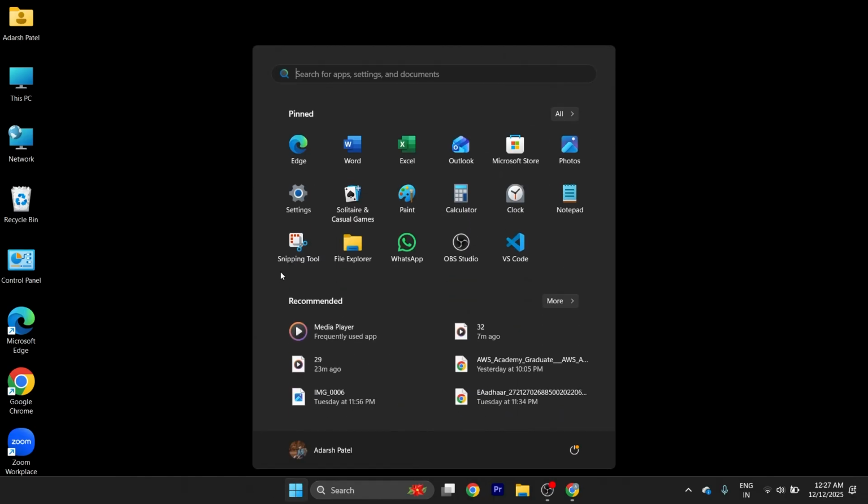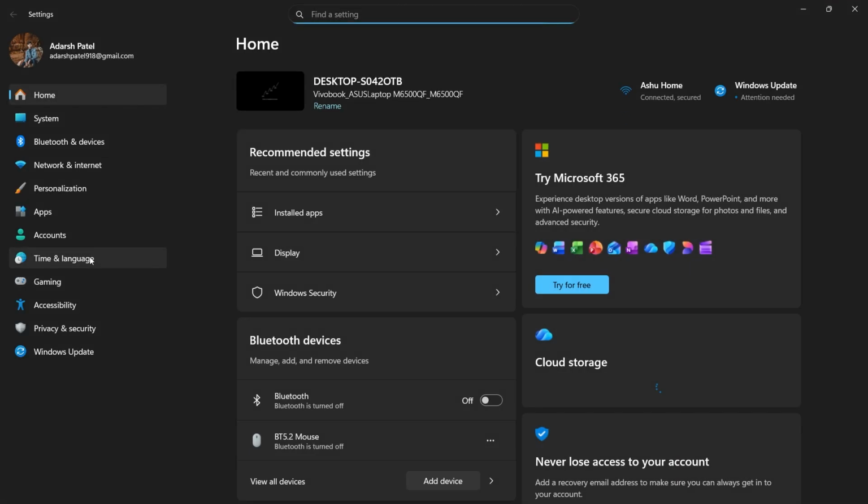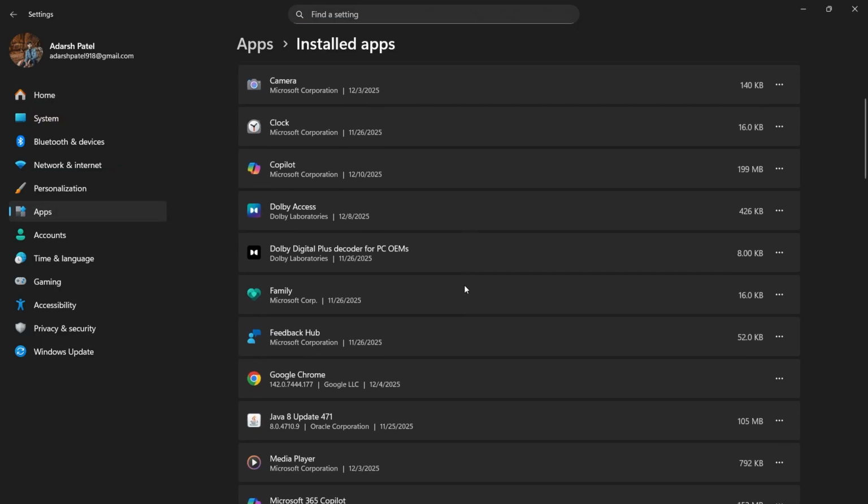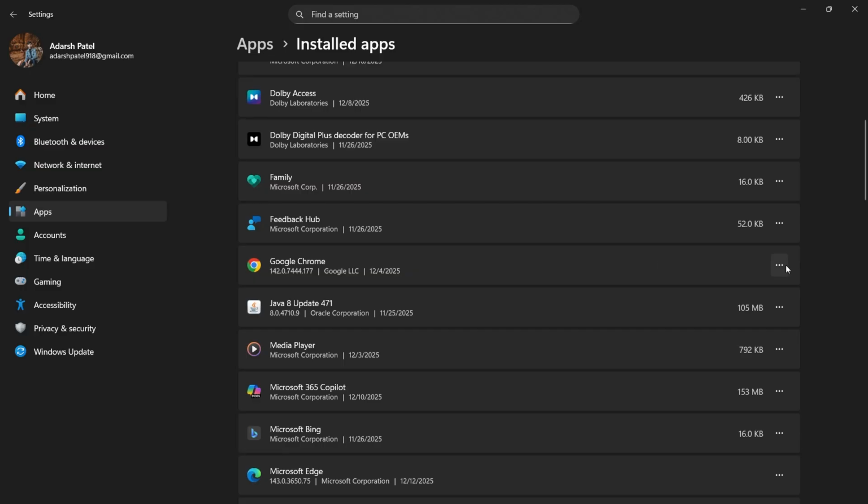Now in order to fix that, just simply go to settings. You can easily find it on the start menu, go to apps right there, click on installed apps and find Google Chrome in this list. Now here it is. Now click on the three dots right next to it and click on modify,